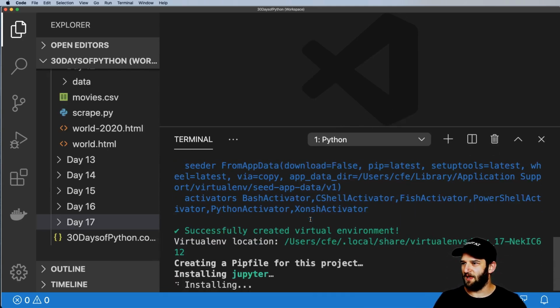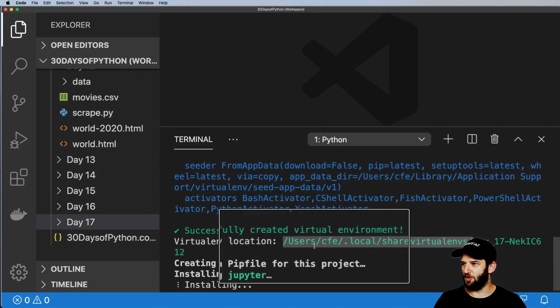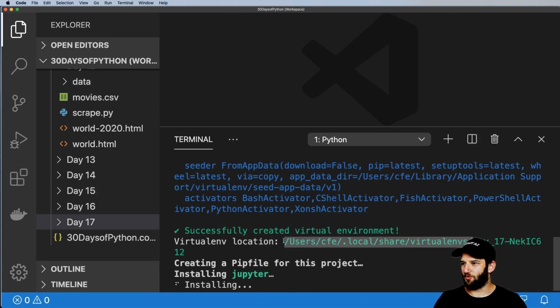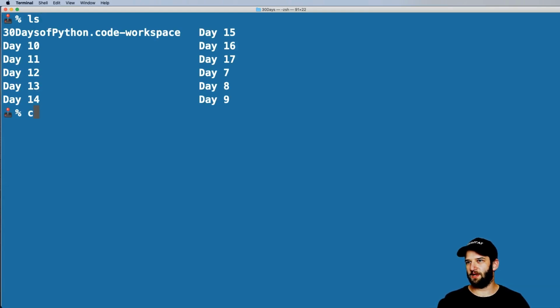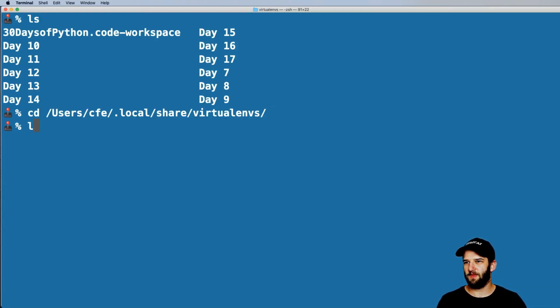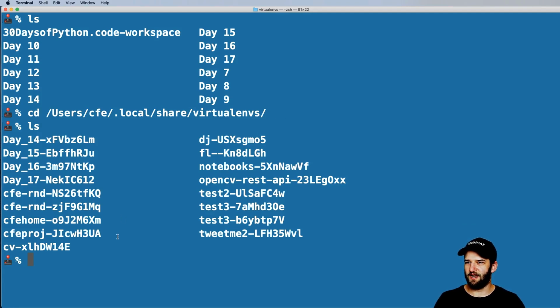So as that's creating, I also want to mention that every once in a while, I delete old virtual environments by going to where they're located. Now, of course, using pipenv, this will actually show you where they're located. So let's go ahead and do that real quick. I'll just cd into there in my terminal here. And notice that I have a number of these things in here. And to delete them, you can just do